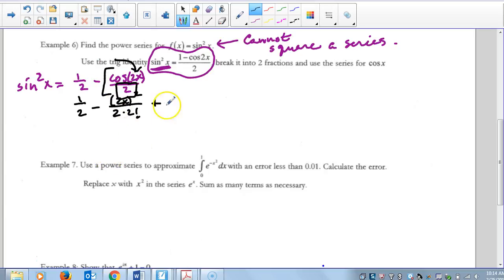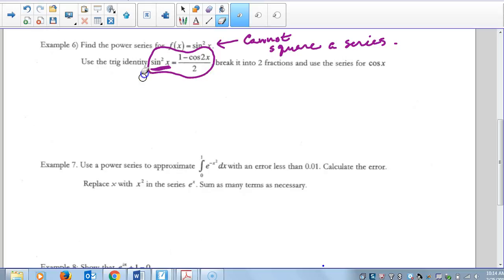So that minus is going to change my signs. So let me do this. I think I'm going to write it a little bit differently. Before I do all of this, I'm just going to write it a little bit differently so it's clear what is going on. So I have 1/2 minus,